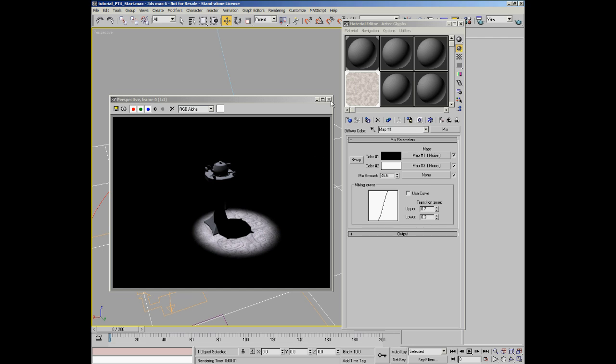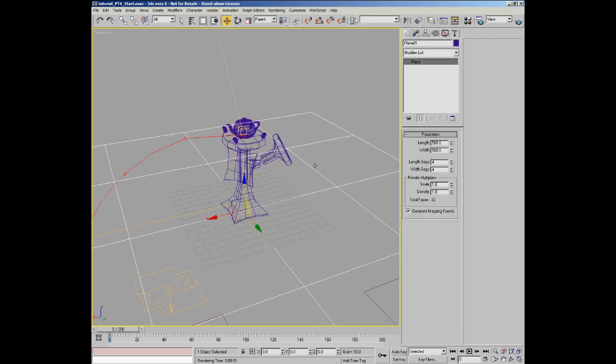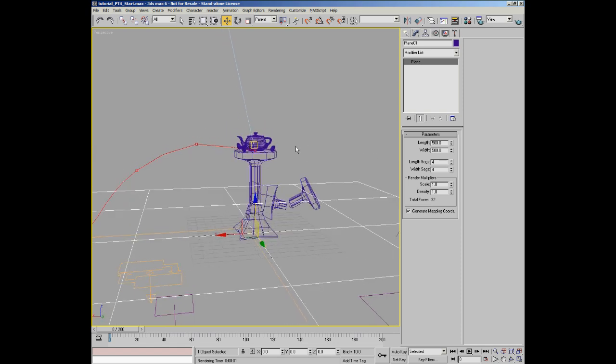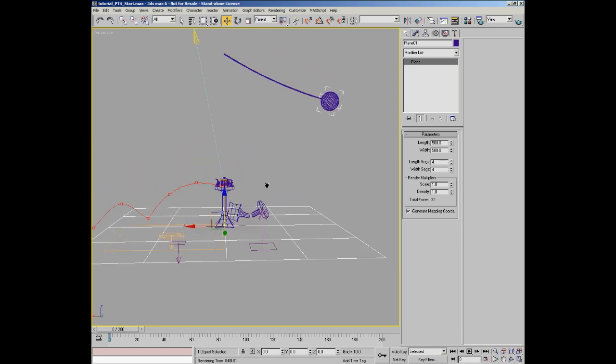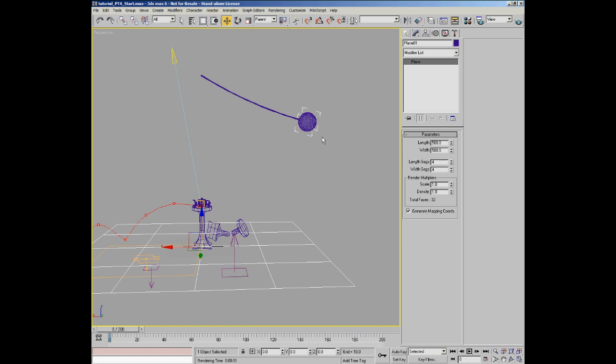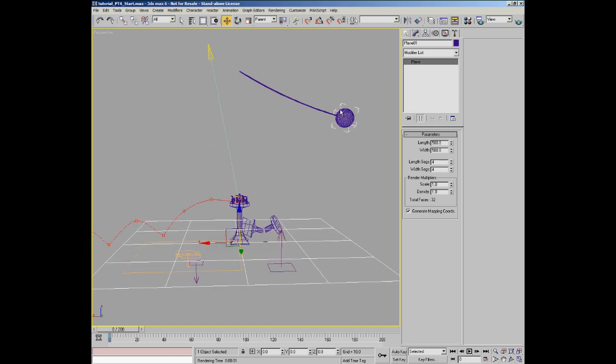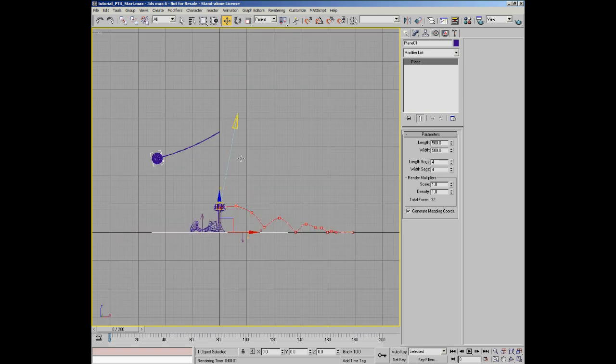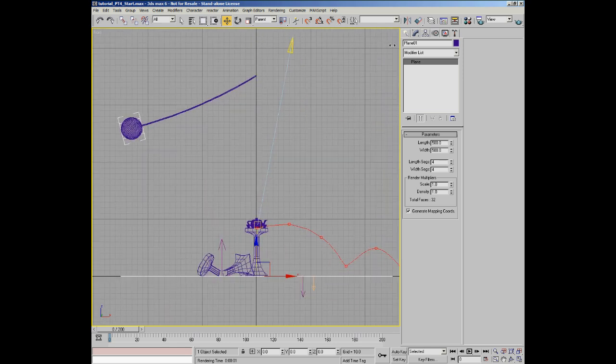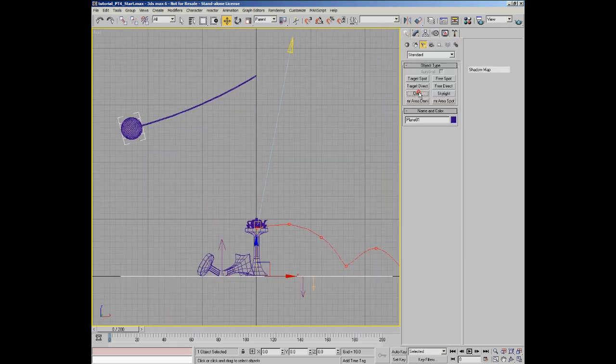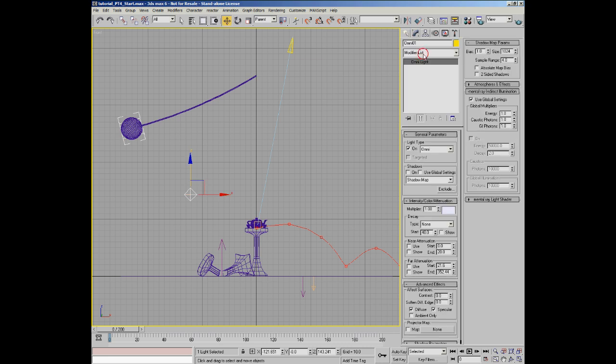The next thing I'm going to do is add a light source to our flaming ball here. It'll look a bit strange if the ball's on fire and it's got flame coming off it, and it swings through the scene, but it doesn't actually cast any light. So let's create a nice light source for that. In this case, I'm going to use an Omni light. There we go. I'll rename this to